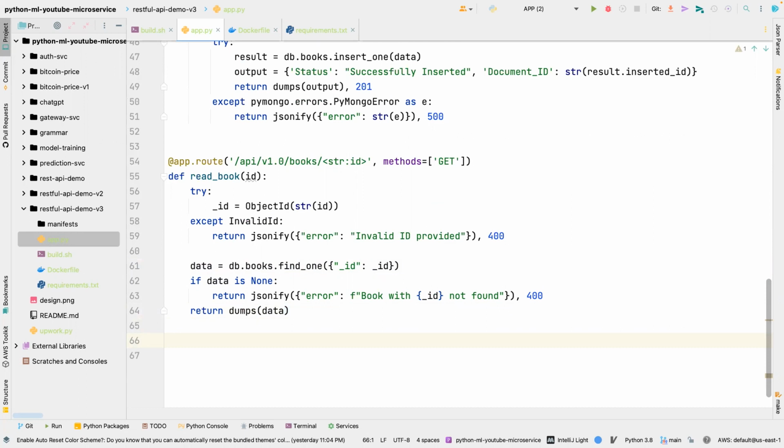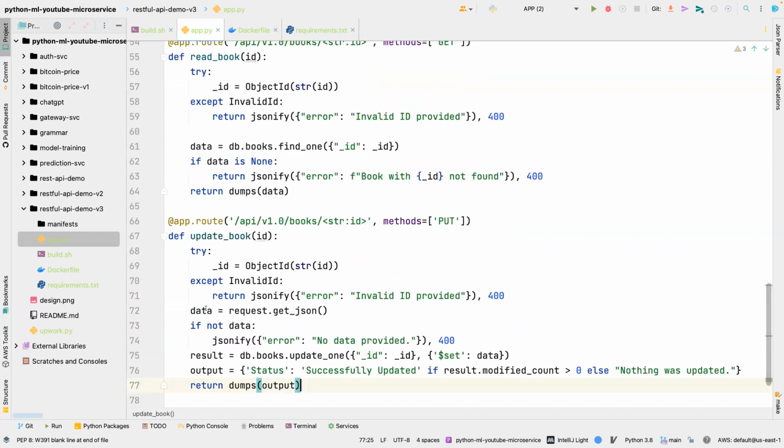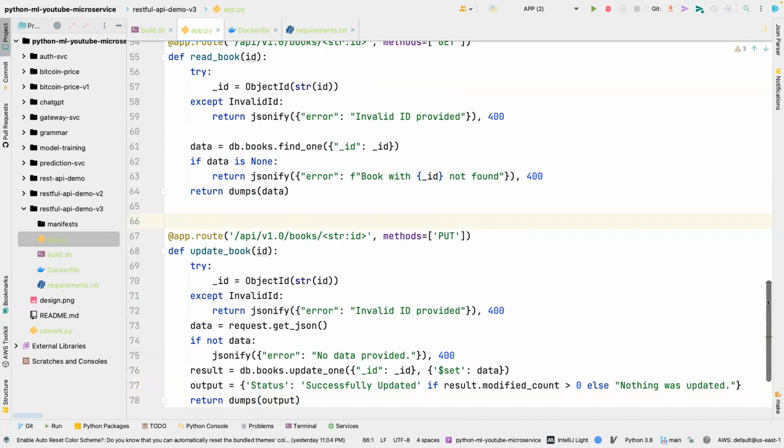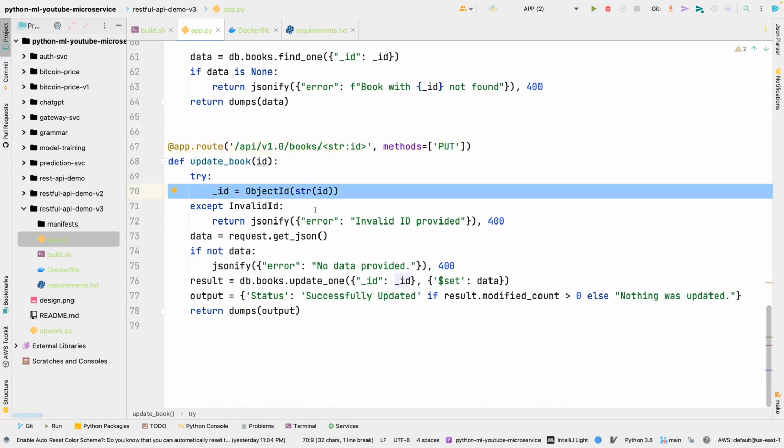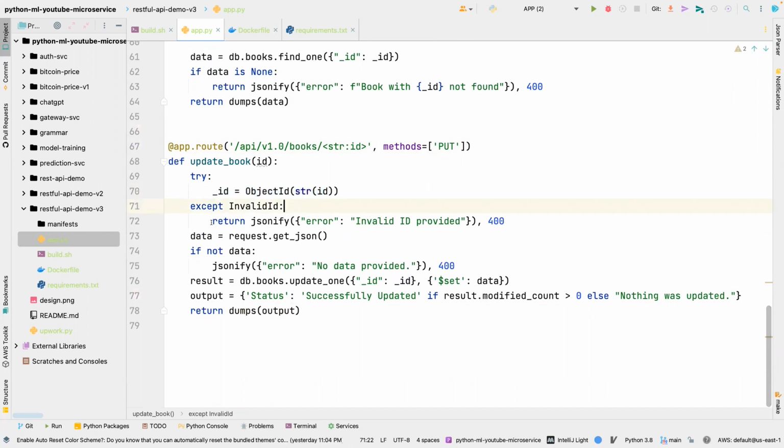The next thing we want to look at is how we can update a book. So I'm going to paste that, and this is the endpoint we are looking at. We are going to grab that ID and then use the PUT method to update records in our database. Okay, so we're using the same strategy to get the ID of that book that we want to update. If something goes wrong, we want to return this information. And then whatever we want to update, we want to grab that as a payload from the user. Okay, then we say if not data, we want to